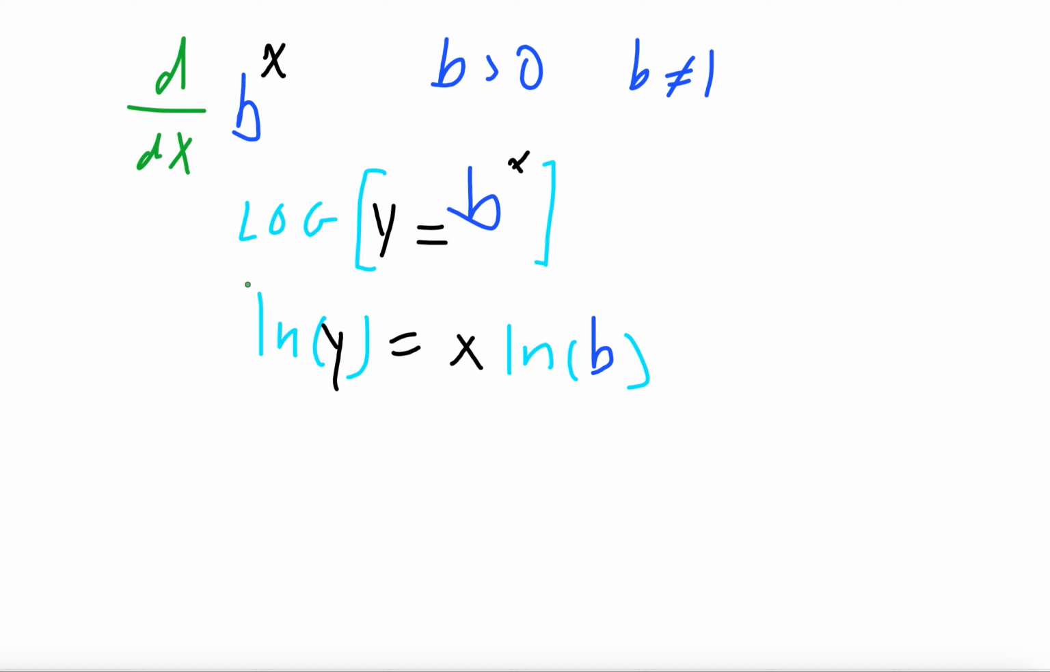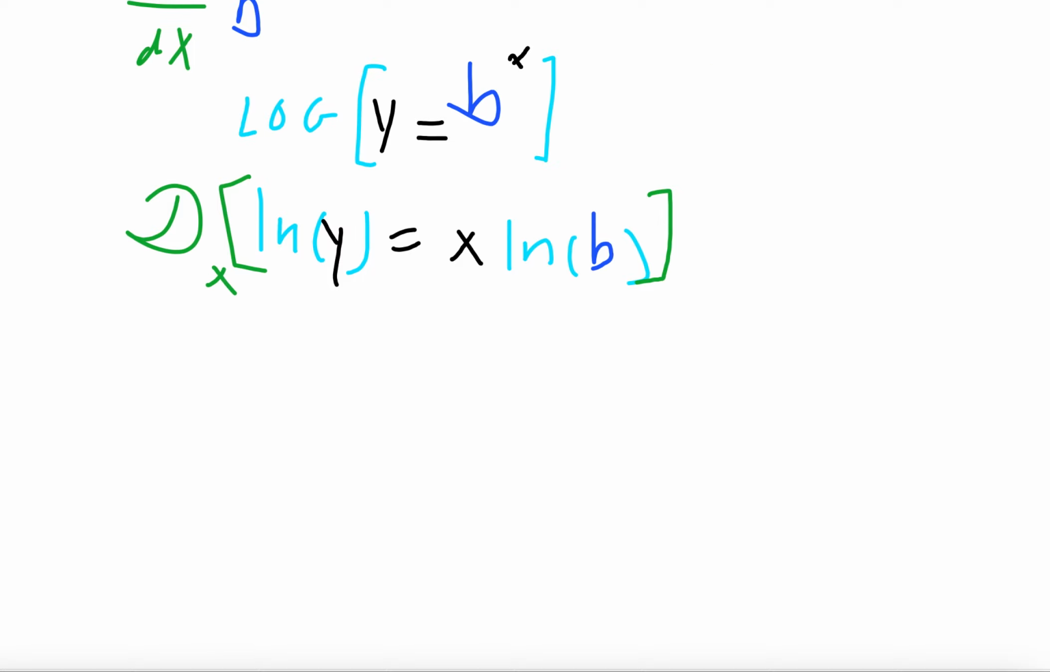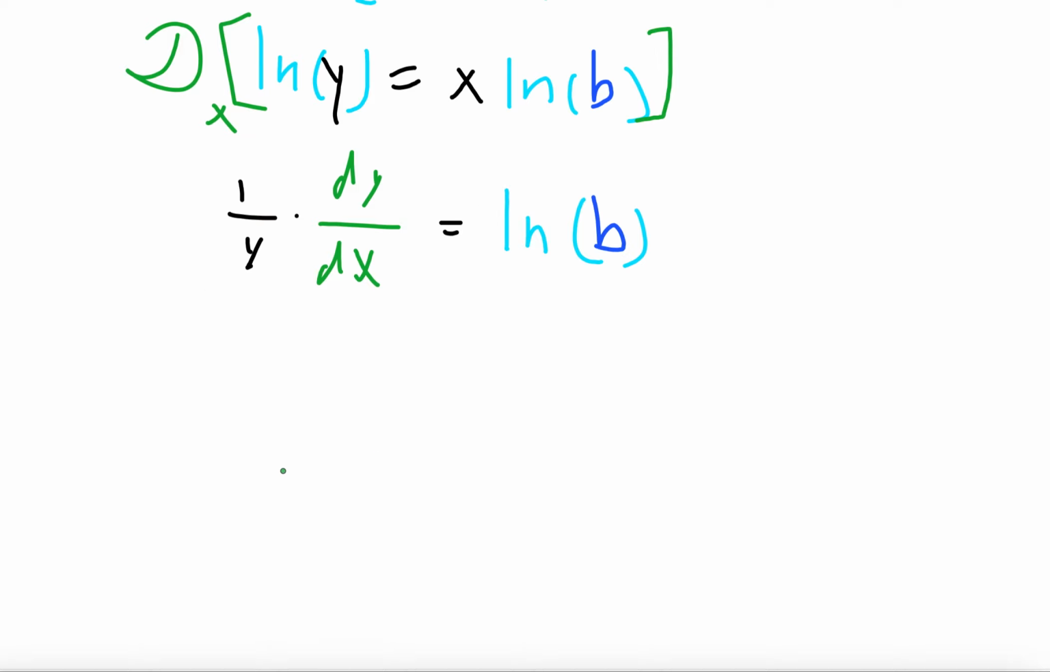And now we're going to hit it with a d operator, of course. So the derivative with respect to x. And what we get is that 1 over y times dy dx, by the chain rule, is equal to, well, since ln b is a constant, you can hop that out of the derivative, and the derivative of x is just 1, so you just get the log of b, like this. And so what we get is dy dx is equal to itself and then some, all right? So you get y log of b, like this,